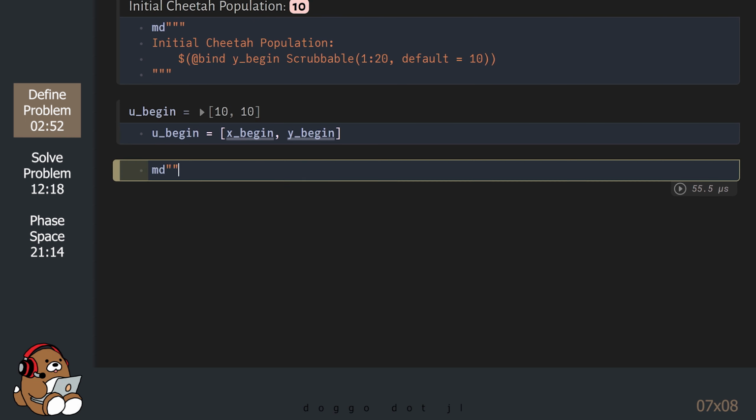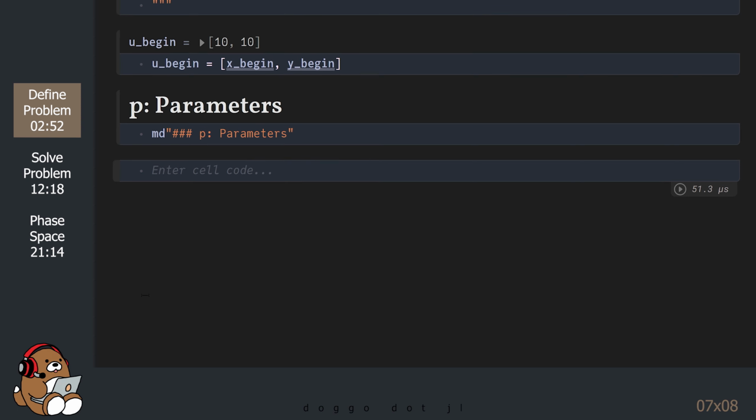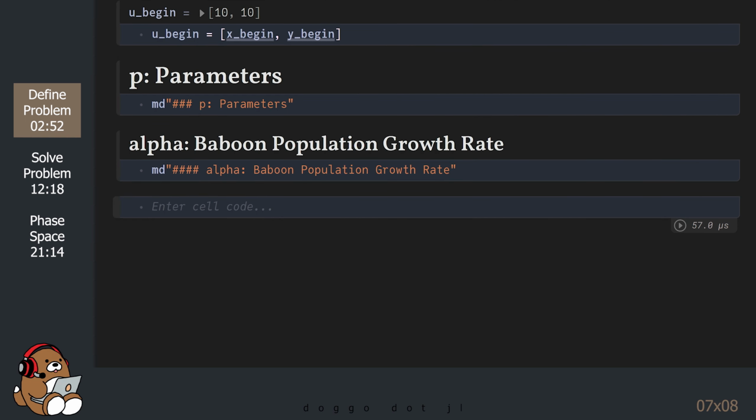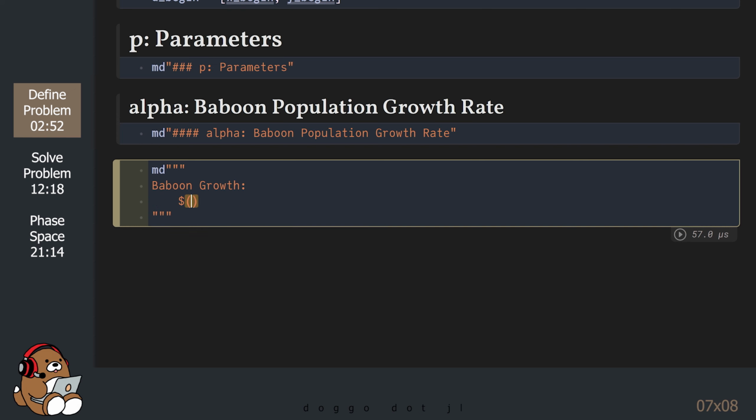Okay, let's move on to the parameters. Alpha is the baboon population growth rate. This growth rate represents any type of population growth, whether it's from natural births or due to immigration. Let's bind the variable alpha to a scrubbable widget.